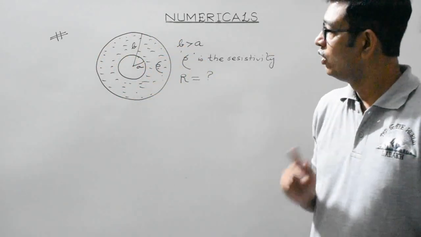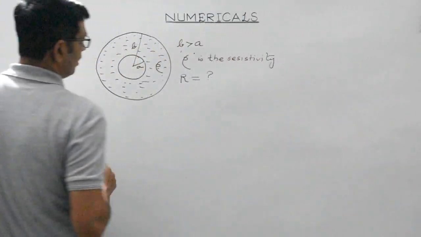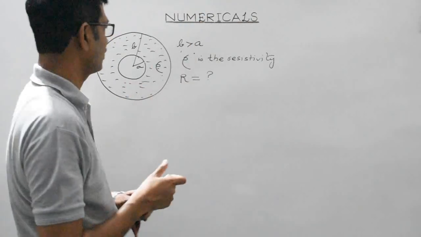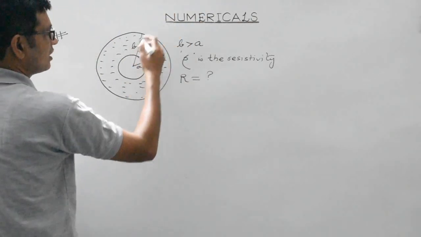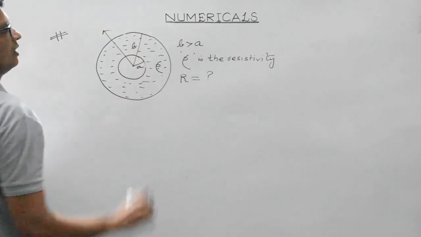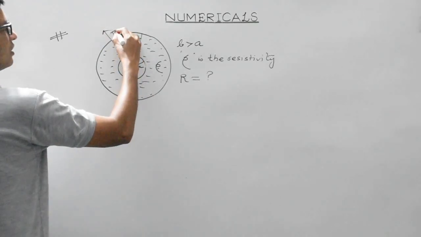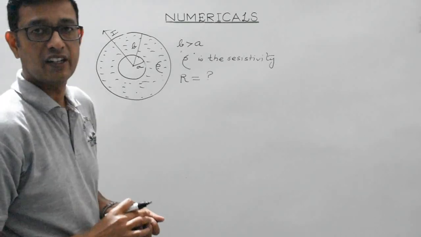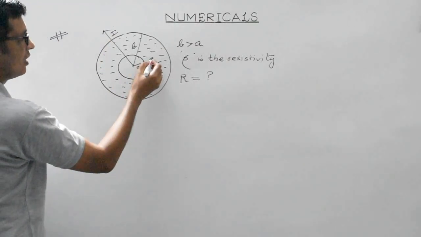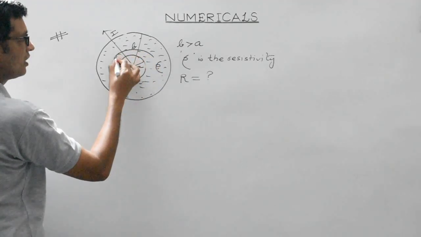Clear students? So what to do is, in this case current obviously will flow in the radially outward direction. Current will flow through the conductor, so current will flow along this direction, in the radially outward or radially inward direction. So what to do is, we'll consider an elementary spherical shell,